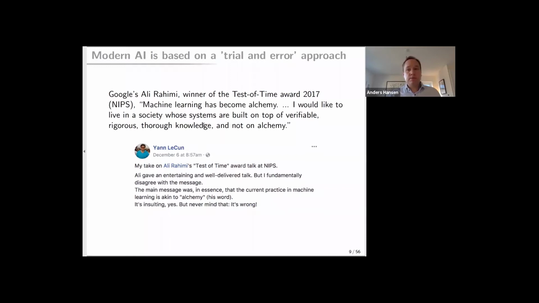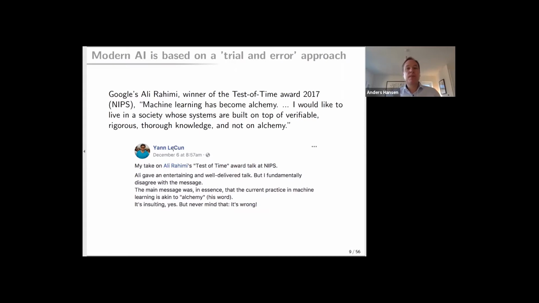Google's Ali Rahimi put this in perspective when he got the Test of Time Award at NIPS in 2017, and he likens modern machine learning to alchemy. Not everybody agrees with Rahimi in his assessment of that. Yann LeCun, who is one of the other founding fathers of deep learning, took serious issue with this. For those who are interested, I highly recommend you Google this, because there's a very vibrant discussion